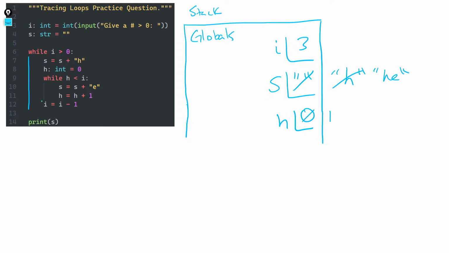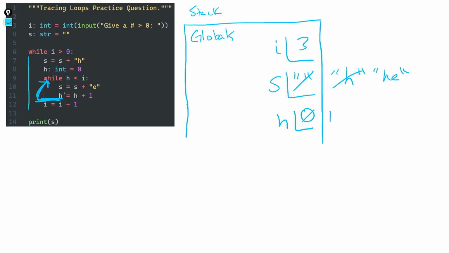And we reach the bottom of this loop, and this is the most important part of this little code exercise: when you reach the end of a loop, you go back and test its corresponding Boolean condition. Here, we haven't finished processing this innermost loop, so we need to go back and test, is h still less than I? We're not going to jump all the way back up to I greater than 0, because that wouldn't make logical sense. We're going to focus on finishing this inner loop first. If h is still less than I, then we need to keep looping.